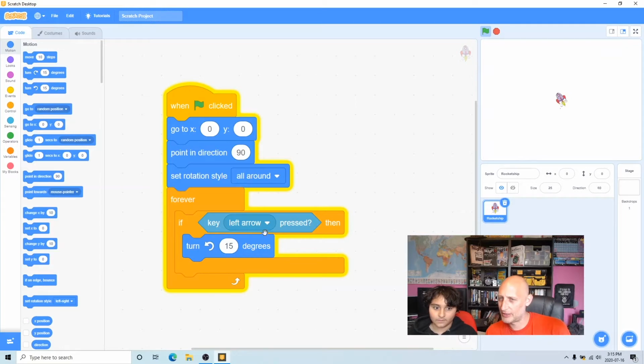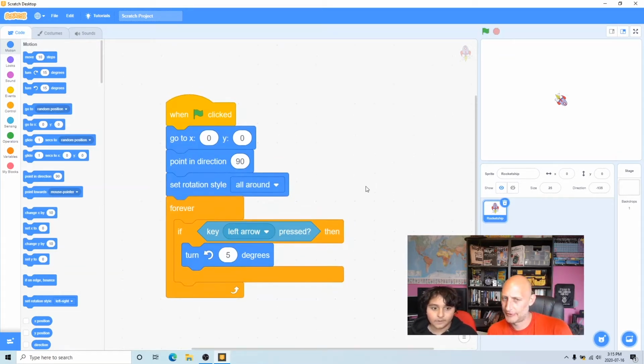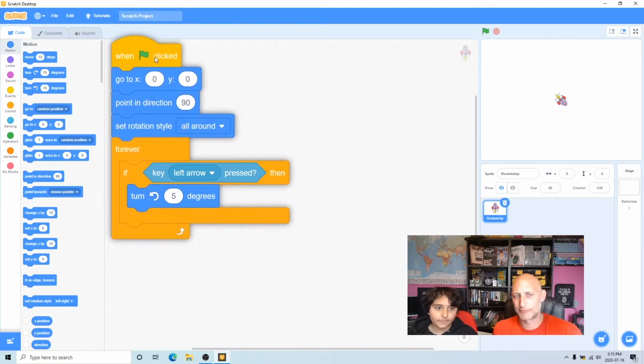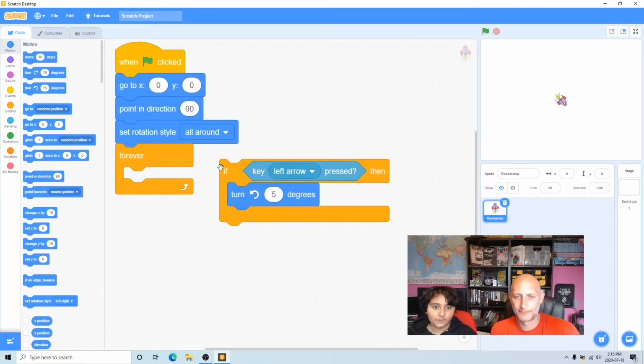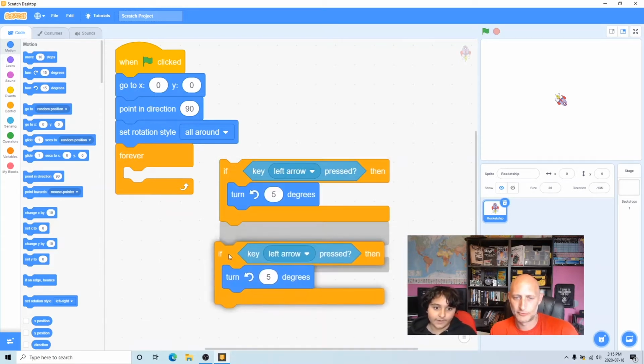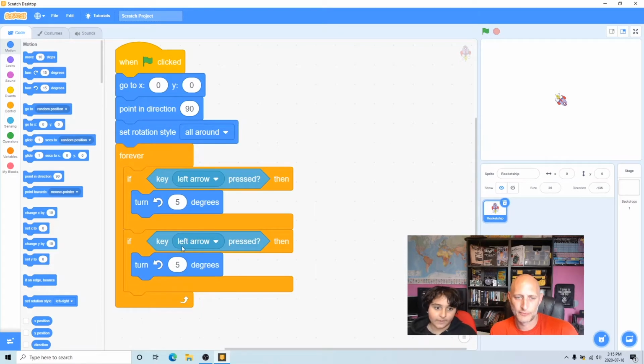Is 15 right? 5. Yeah, okay, try 5. That looks a little bit smoother, if you see what I mean. Yeah. You happy with 5? Yep. Cool. So that's got our anti-clockwise. We need clockwise now. So what I'm going to do is I can just drag this out, right click on it and hit duplicate, create a second one, and now I can just change left arrow to right arrow,